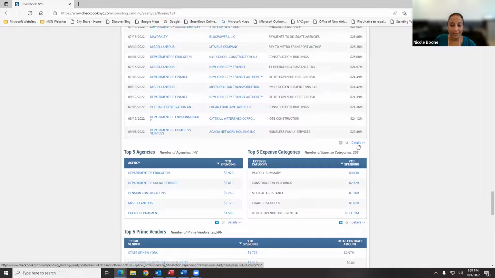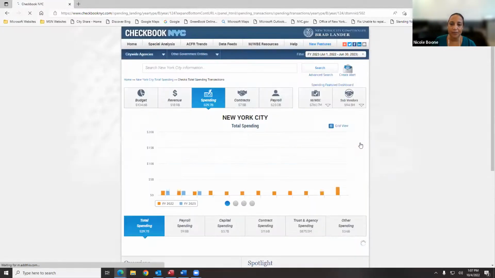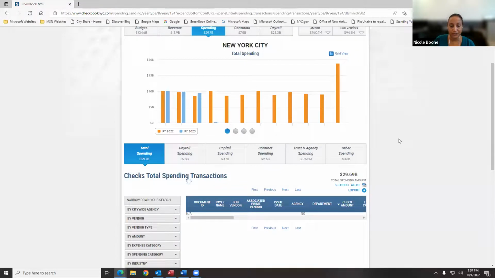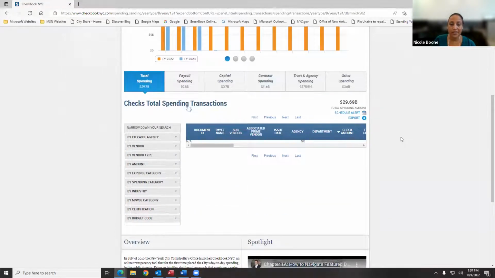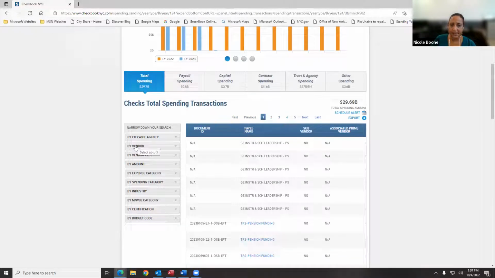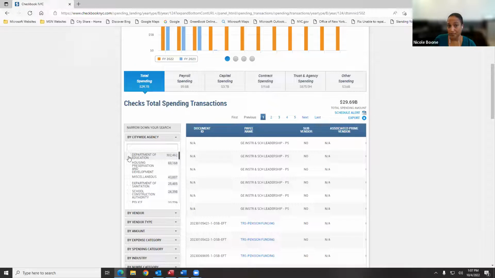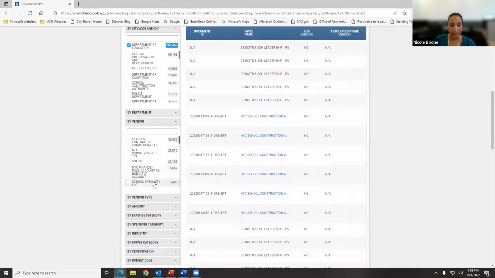Say you want to look a little bit deeper into the data, you can go to the details link, and then everything will be represented in a narrowed down faceted search so that you can take the information out of that widget and narrow it down. Say we're looking at all spending for the city, but maybe I just want to see spending for the Department of Education. I can click on Department of Education and narrow down my results to just the Department of Education. Maybe I know exactly what vendor from the Department of Education I want to look at. So I can look through this list of vendors, or I could start typing in a vendor